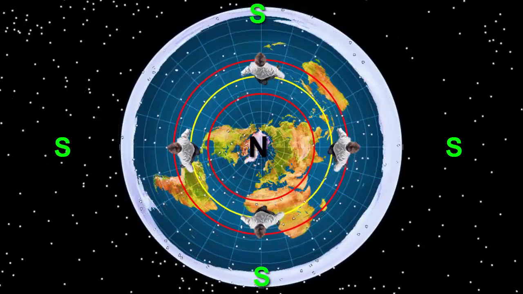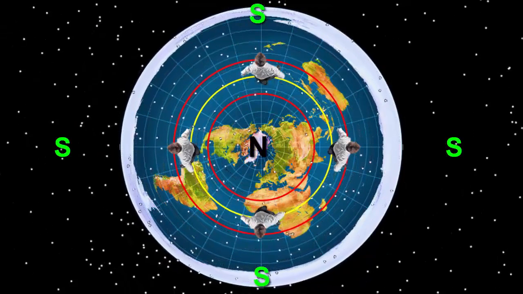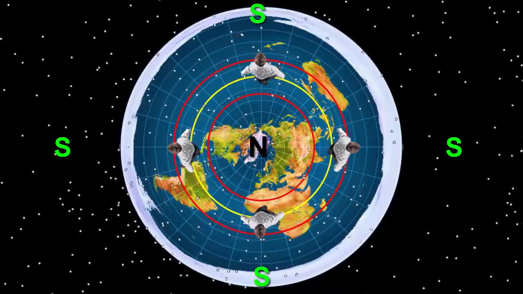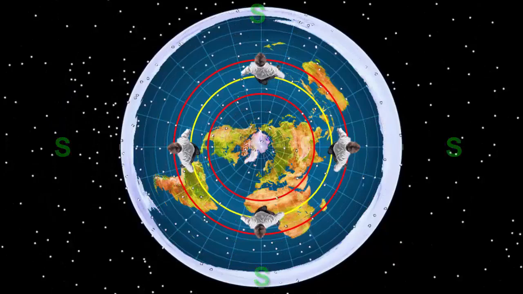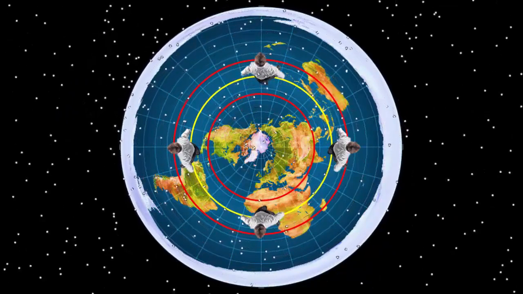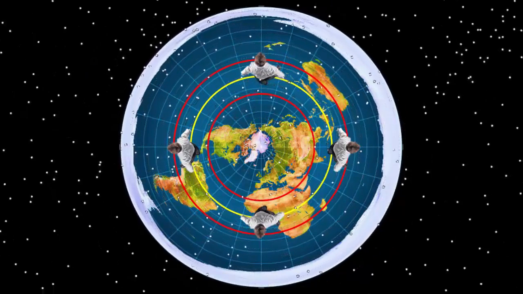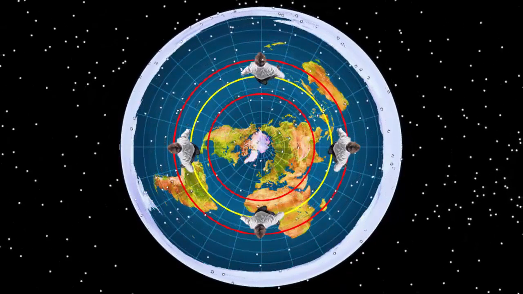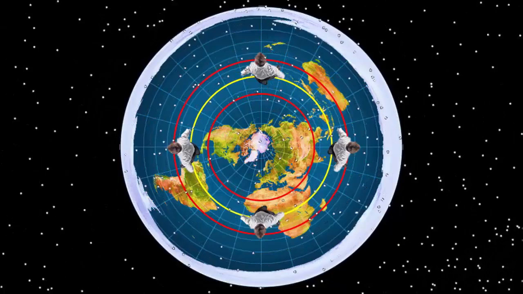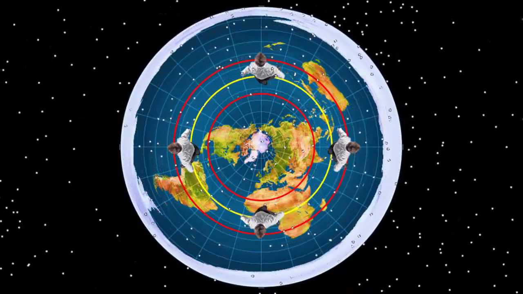And another objection or question I've heard is on a flat Earth, how can four people around the Earth, like these guys here, how can they all see the same stars at night? Well, as you'll notice there, the stars are rotating around, right? I'd ask the question also, how do we see the same sun? Well, we all see the same sun because the sun rotates around and gives us our daytime. Well, the stars rotate around at each other's nighttime.